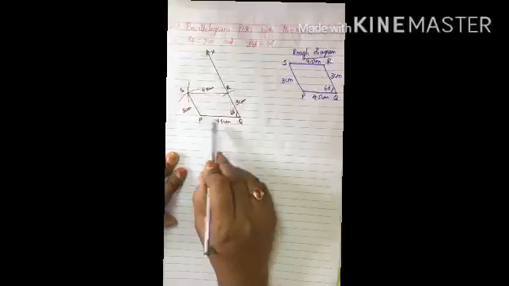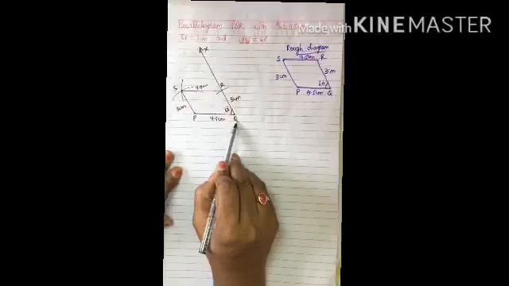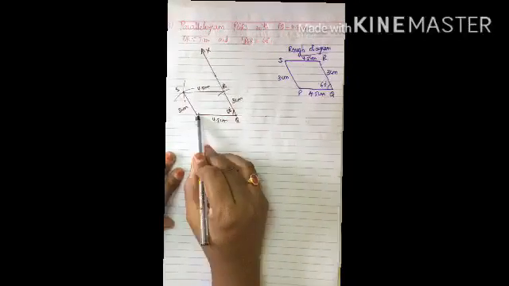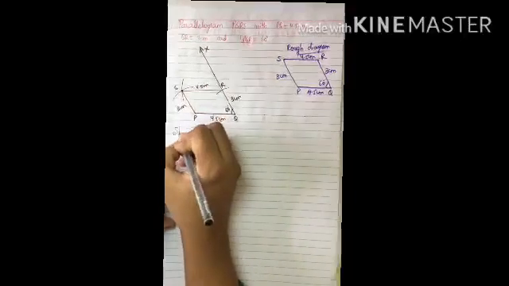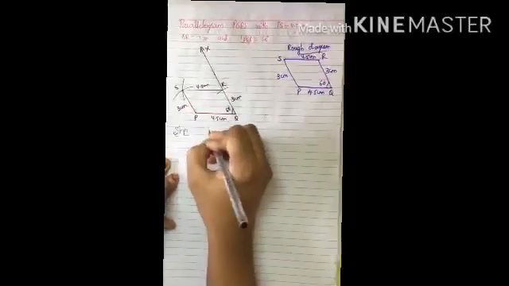In the parallelogram, the sum of two adjacent angles is equal to 180. So if it is 60, it will be 120. If it is 120, then angle R is also 120. So coming to steps, children, first one,